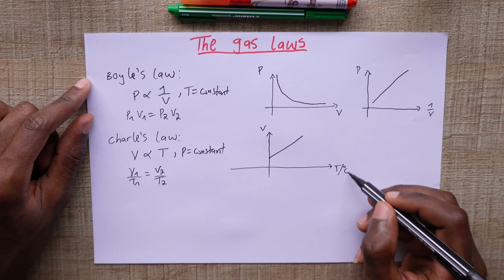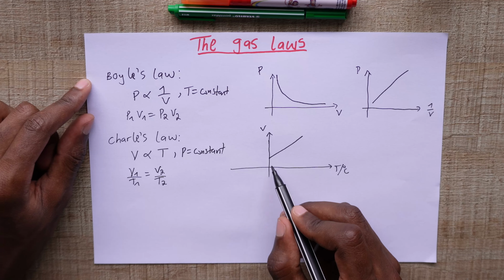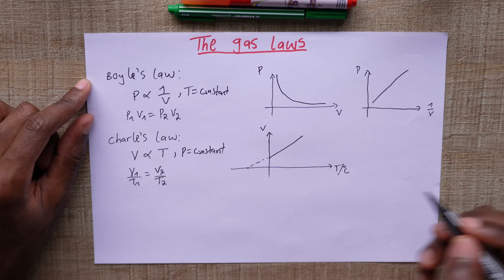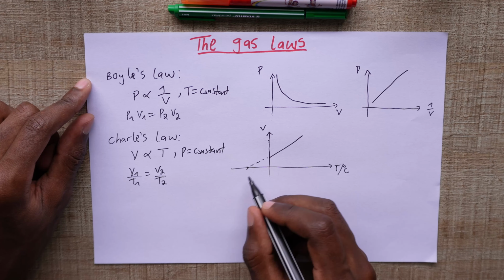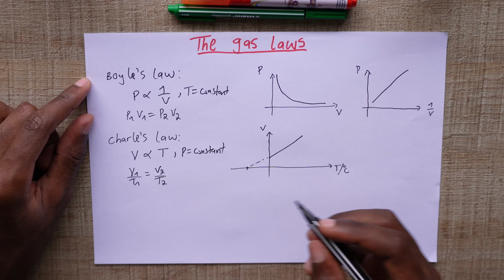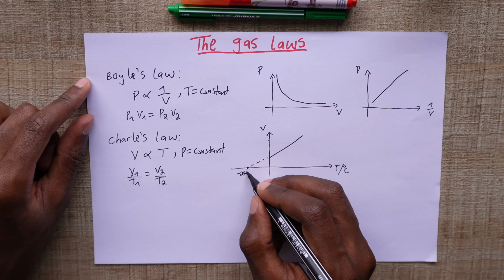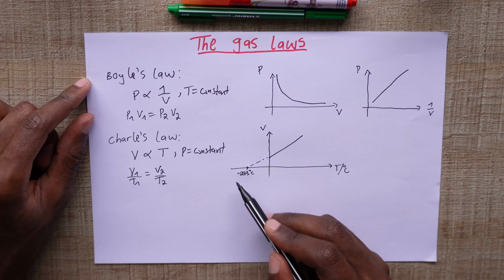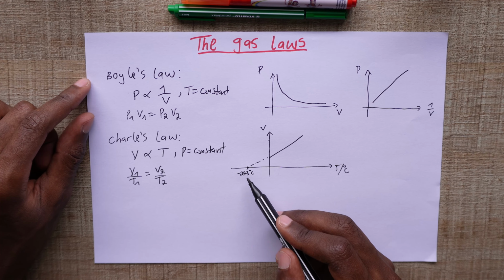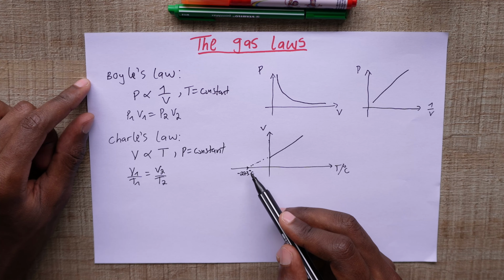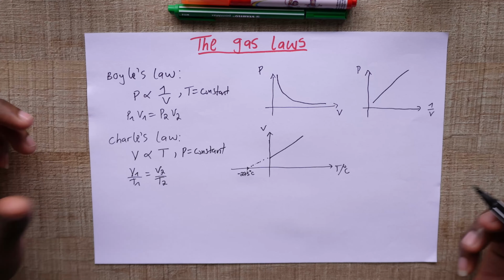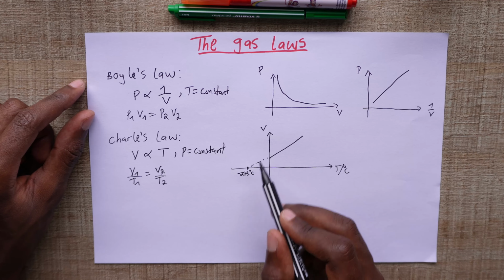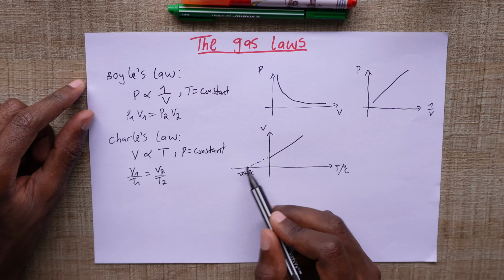Note that here the temperature is in degrees, and when the temperature is 0 degrees, the volume is not 0. Rather, we need to extrapolate, as was shown by Lord Kelvin, to this temperature, which is known as absolute zero temperature, and it has a value of negative 273 degrees centigrade, approximately. At this temperature, all molecular motion freezes, and the gas is kind of inert, or really frozen, to say it simply. So it is at absolute zero temperature that the volume of a gas is kind of zero, that the gas